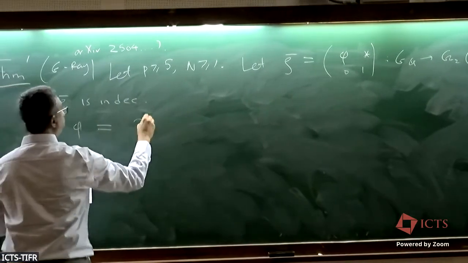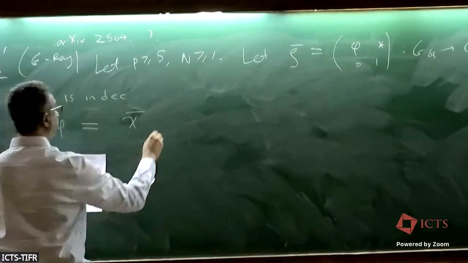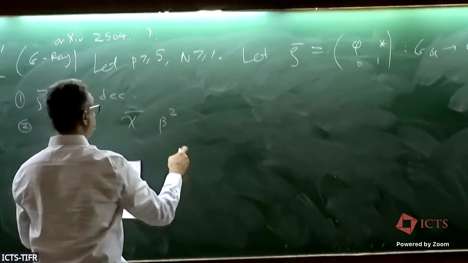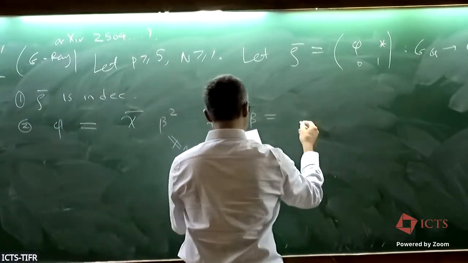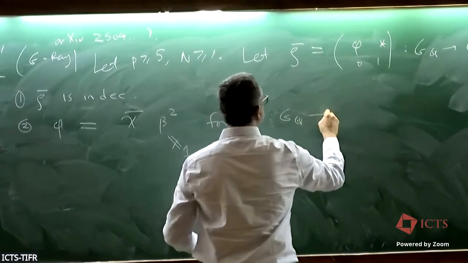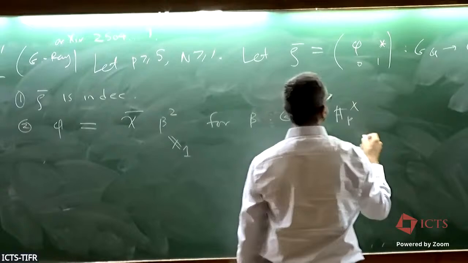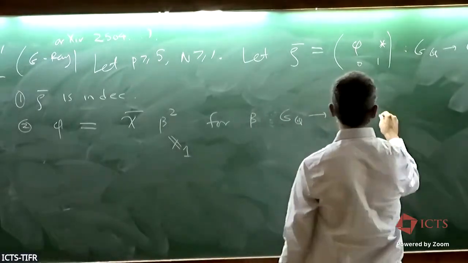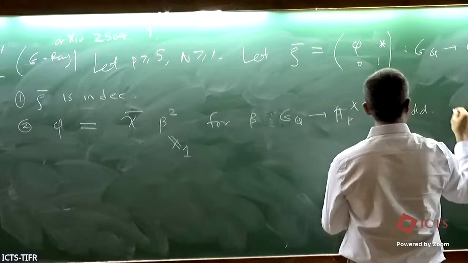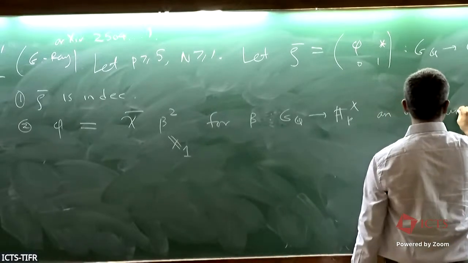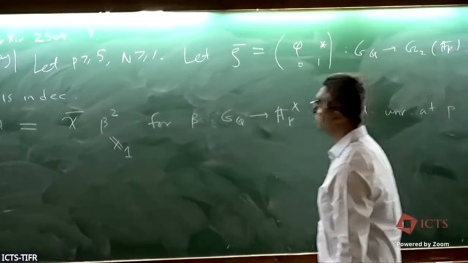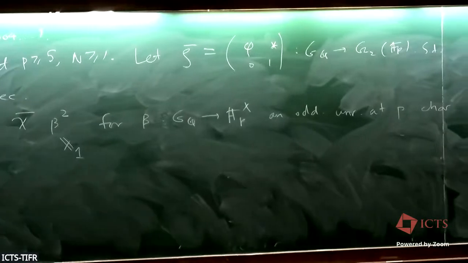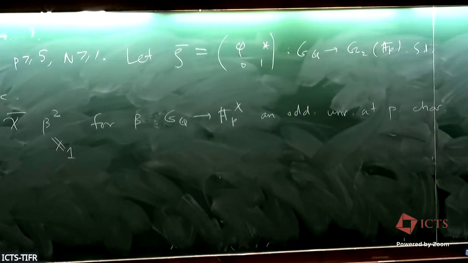Phi is of the form the mod p cyclotomic character times beta squared, where this is not 1, for beta an odd, unramified at p character of order killed by p minus 1. Then